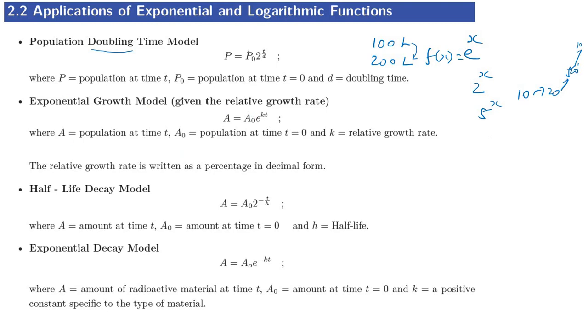So here also A naught, wherever the 0 is there, P naught, A naught, this is nothing but the initial value. When starting, what is the value, okay. After 5 days or after 10 days, that is t equal to 10 days or 10 years, depends upon the problem, okay. That will be given in the problem. Once all these things are given, then after 10 days we can calculate how much the population will be, okay. So this is the exponential growth model. Remember this word, exponential growth.